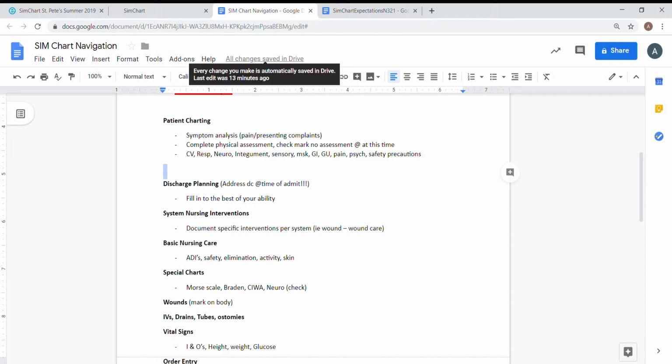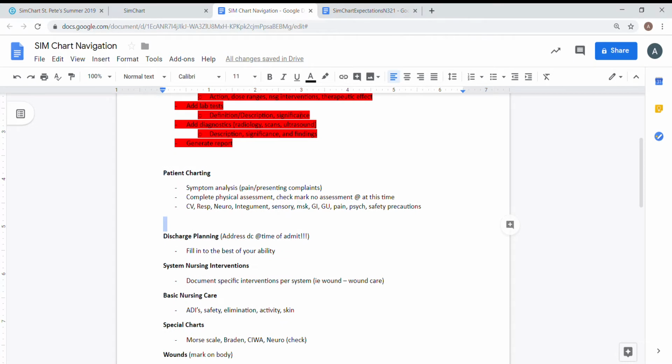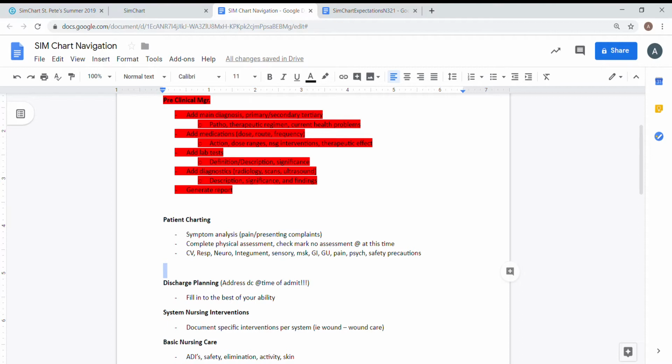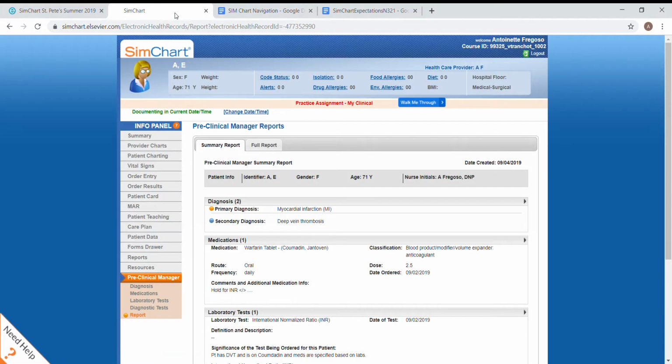Okay, so this is the second part of the SimChart navigation that I'm going to be going over with the students. So the first part was the patient clinical information, and then the preclinical manager. This is primarily the patient charting section, and possibly the rest of the areas, depending on how fast I can get through it. So to continue from where we left off,